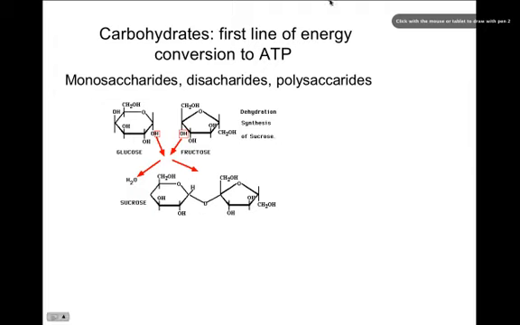Carbohydrates are going to be our first line in terms of what we call energy. Every day we need to basically take these carbohydrates and form ATP. ATP, adenosine triphosphate, is the cell's recognizable energy. Same thing as when you go to a different country and you need to convert, let's say, the US dollar into Canadian dollars, or you need to convert the US dollar into euros. All of those are simply because it's that currency of that country. Same thing as ATP, consider that the currency that our cells recognize.